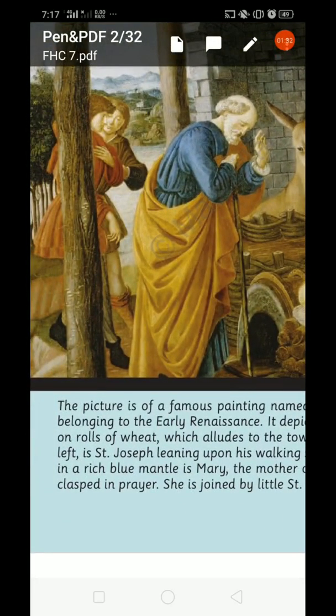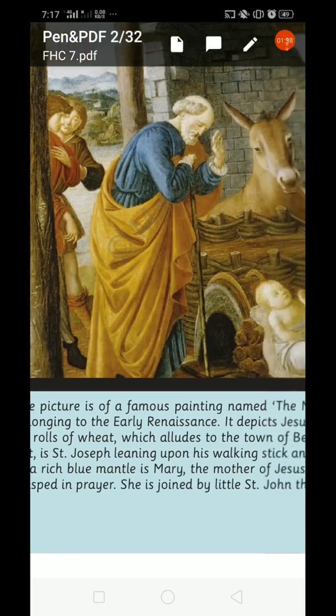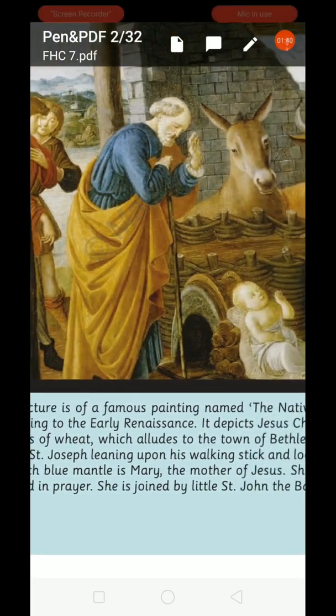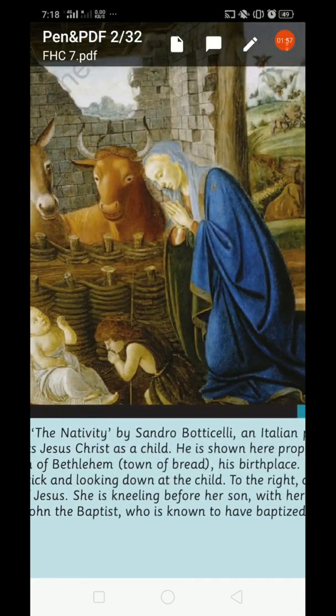left side, here, is Saint Joseph leaning upon his walking stick. Walking stick: usually old people need a stick, a support to walk easily. That stick is called a walking stick. And looking down at the child,